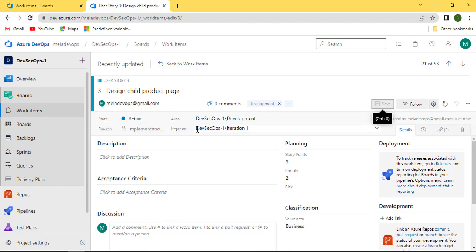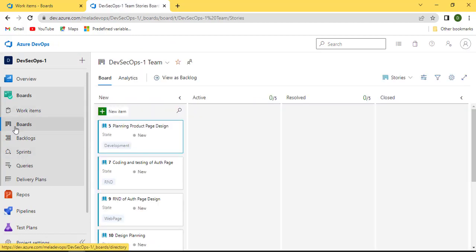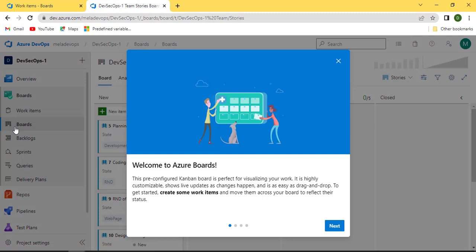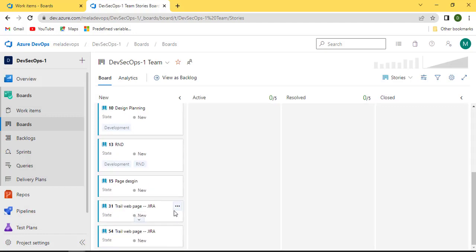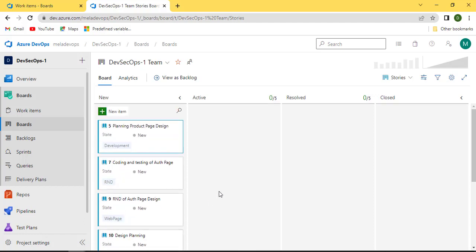Now this user story needs to be completed in iteration 1. What are the iteration 1 dates? You can go and check in your project configuration. Now if you come to boards, this is more similar to your Kanban board, guys. The only difference is this will give you a complete view of your user stories. So it is all your complete user stories except the ones which you have set as